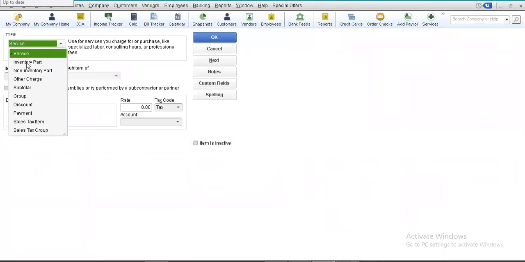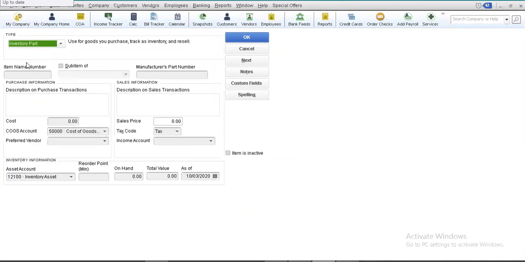Since we are interested in registering an inventory part item, we select Inventory Part. Over here, you have to enter the name or the number of the product that you want to register. Why are we interested in writing a serial number?